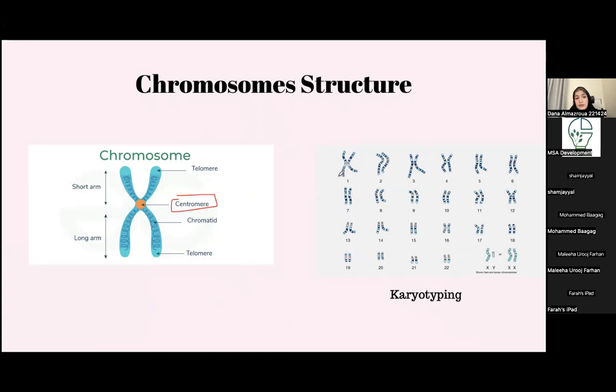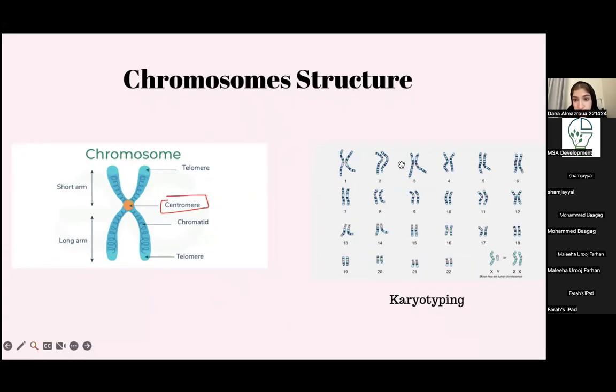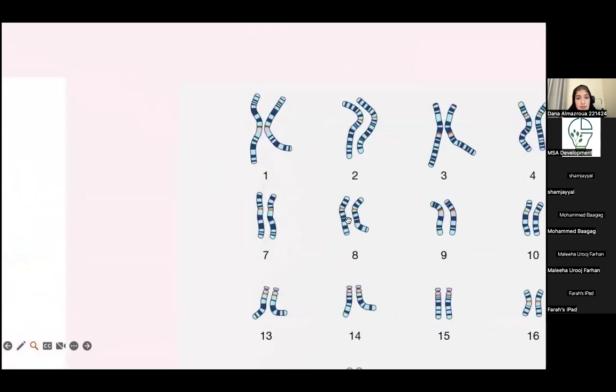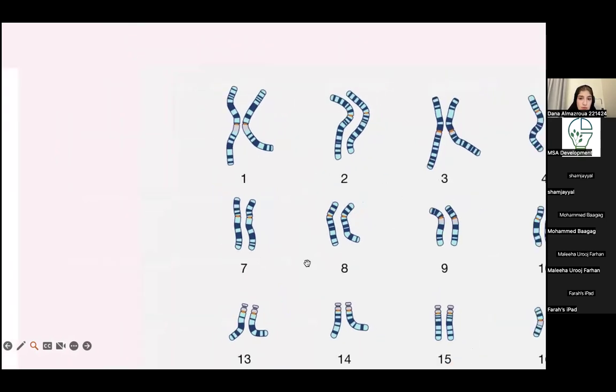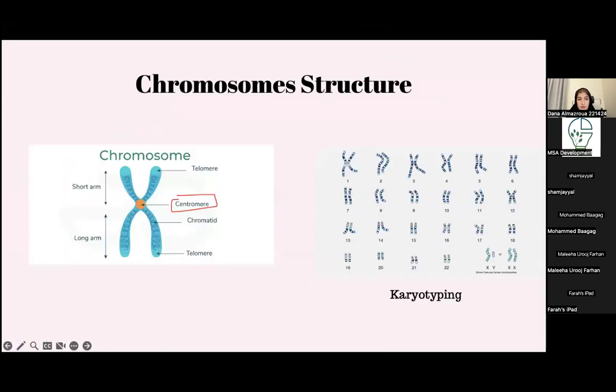If you look at the karyotyping here, we have 46 chromosomes and 23 pairs. Why did I say 46 chromosomes? Because if we zoom in, they're not connected by a centromere. Each chromosome has its own centromere here in orange, and they're not connected together. So this is a chromosome and this is a chromosome. They are a pair of homologous chromosomes. When I say homologous chromosomes, I mean chromosomes that have the same or a very similar structure, but different alleles. So one is inherited from the mother,